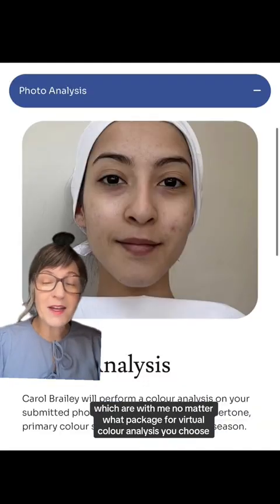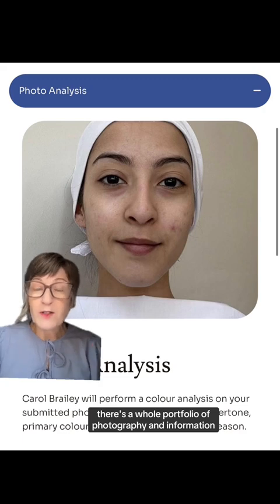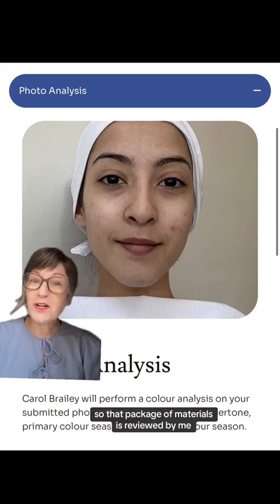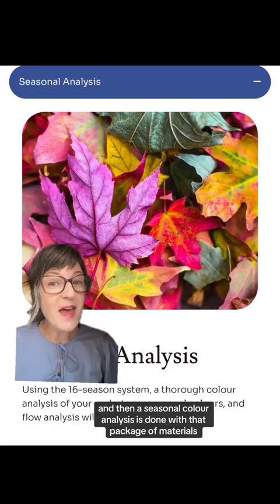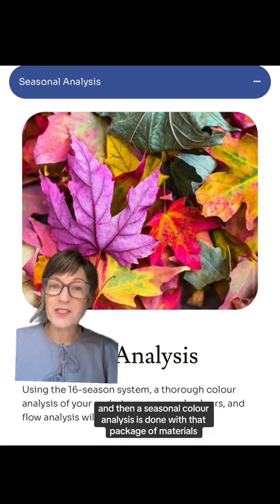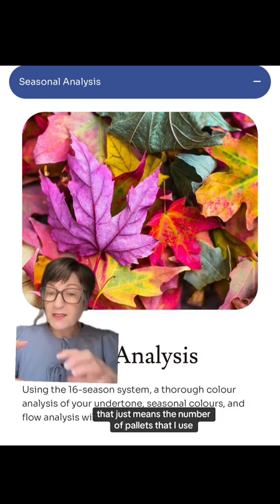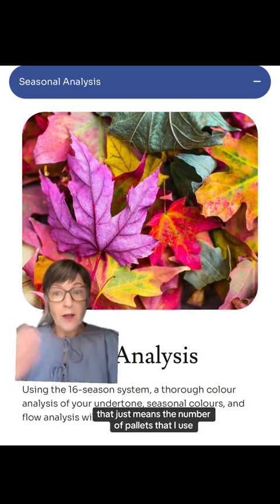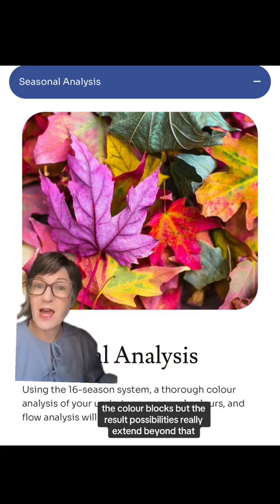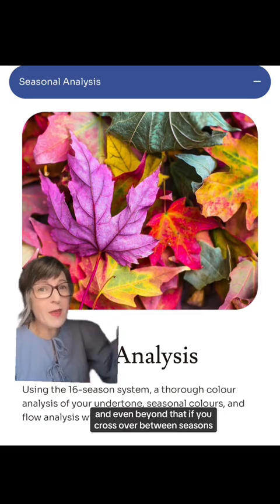No matter what package for virtual color analysis you choose, there's a whole portfolio of photography and information guidelines for you to submit. That package of materials is reviewed by me, and then a seasonal color analysis is done with that package of materials. On my site, it says I use a 16 season system. That just means the number of palettes that I use, the color blocks. But the result possibilities really extend beyond that into like 23 result possibilities,